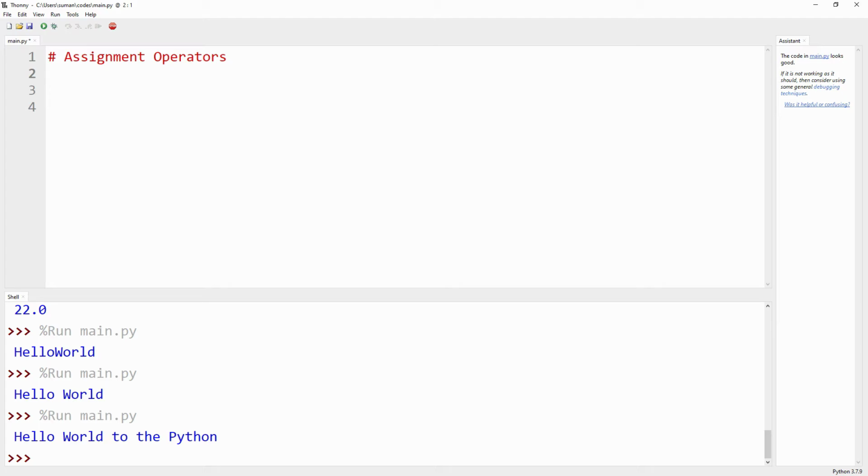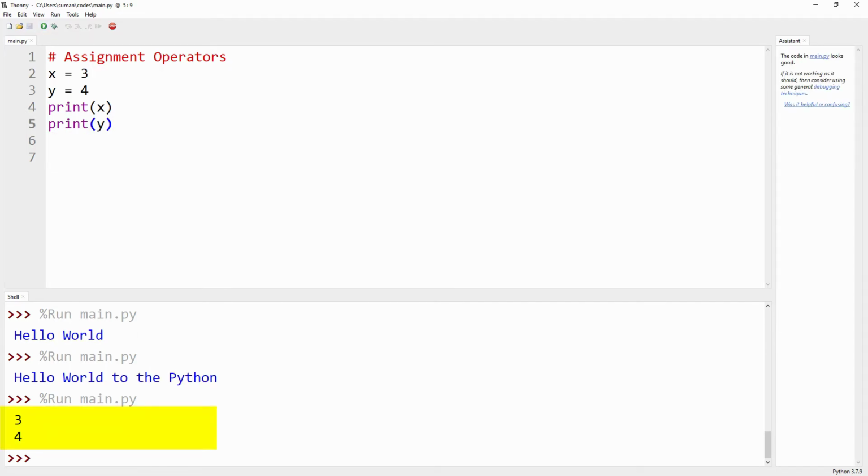Suppose we have x is equal to 3 and y is equal to 4. If we want to print x and print y, and we run the code, we obviously get 3 and 4.